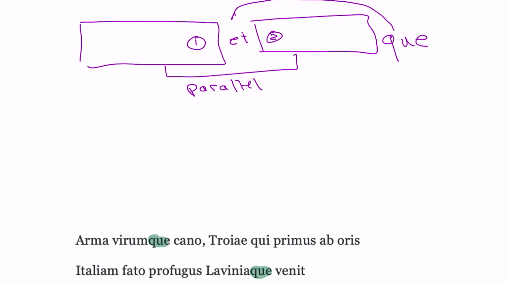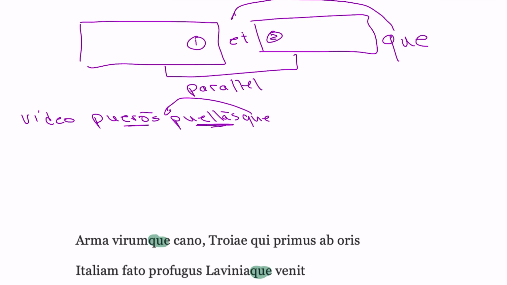Then it could be that, if I see the boys and girls, and we move this here, and I notice that this is an accusative direct object and this is an accusative direct object, the -que just connects pueros, puellasque. So that's number one. Number two is if you have two words connected by -que